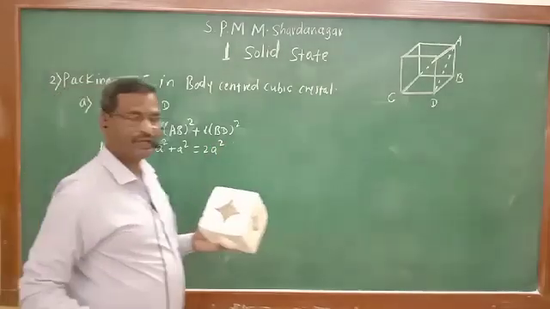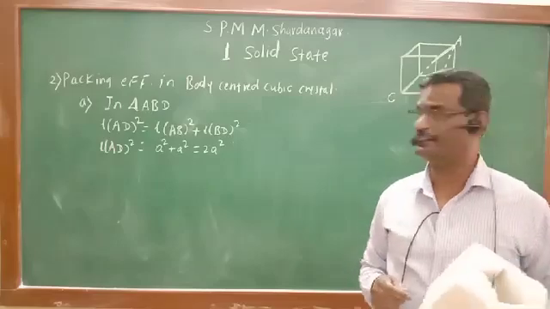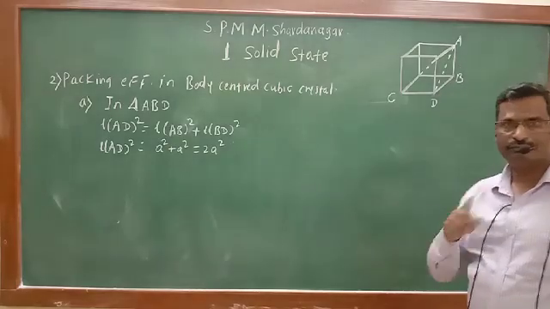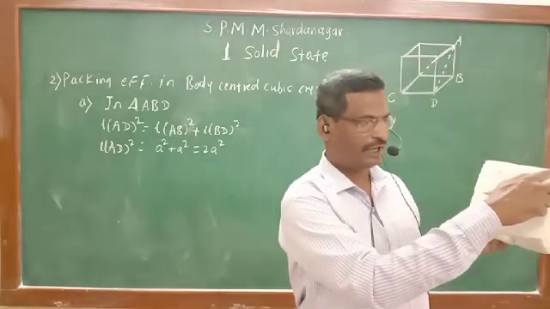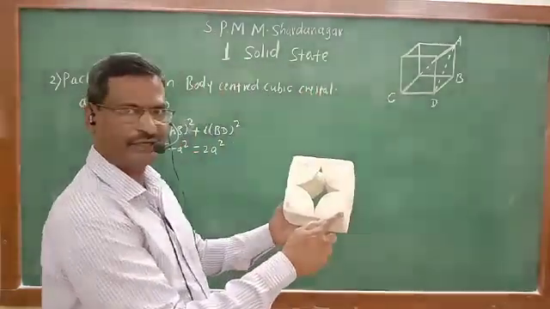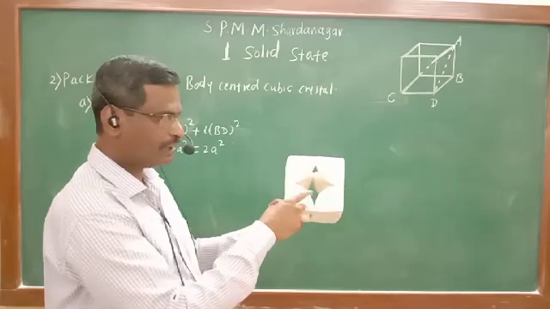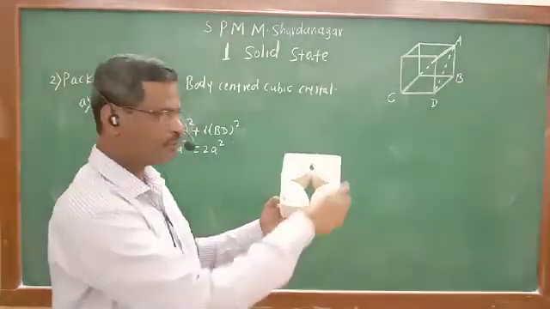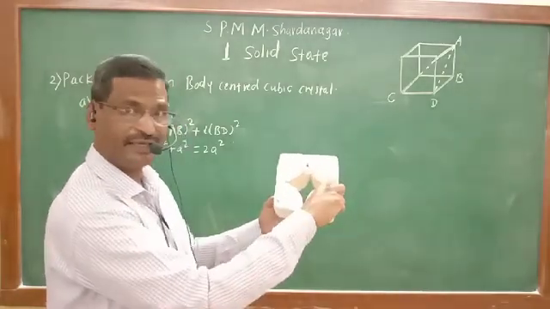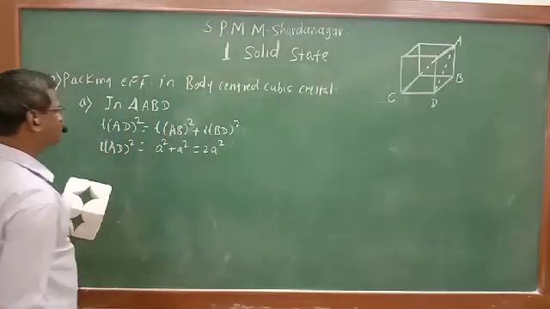You got it? In your book there is confusion. You may not understand from the book very easily. So consider this type of structure, and here I have told you A, B, D. This is 90 degree at B, and its front side is the hypotenuse. So AD square will be equal to BD square plus AB square. We know edge length is A, and this edge length is also same, A. So A square plus A square is equal to 2A square.